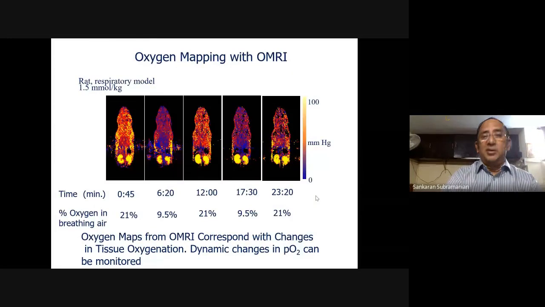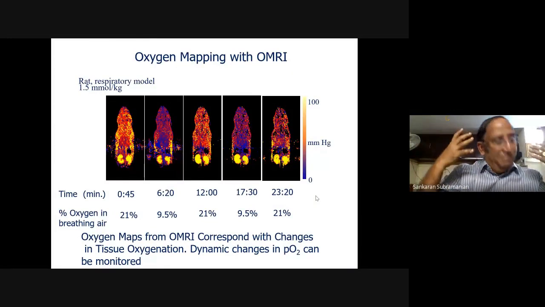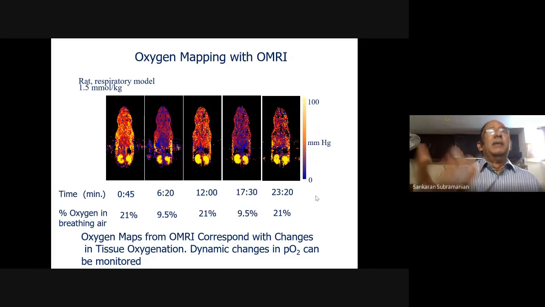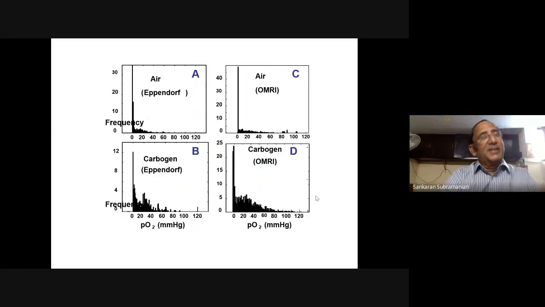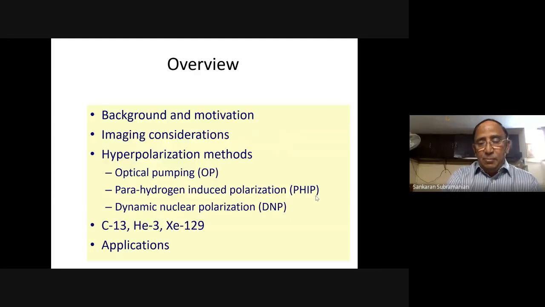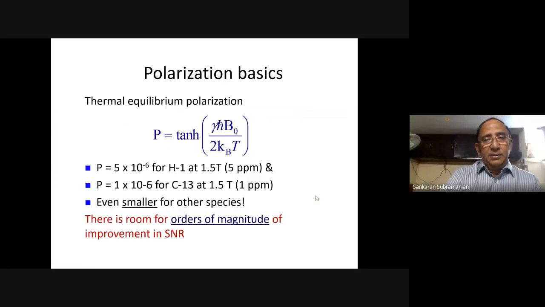And then it is possible also to make the mouse breathe oxygen and breathe less oxygen, and you can see lighting up and lighting off of the various tissues because of the Overhauser transfer. It's also possible to look at the oxygen distribution in various tumors and also monitor them as a function of treatment. These are breast cancer cells and tumor, showing that the tumor has highly hypoxic zones, and then one can oxygenate with carbogen. And I'm going to stop here because this is the topic of our keynote address speaker, so I will not touch on them. So let me go on.